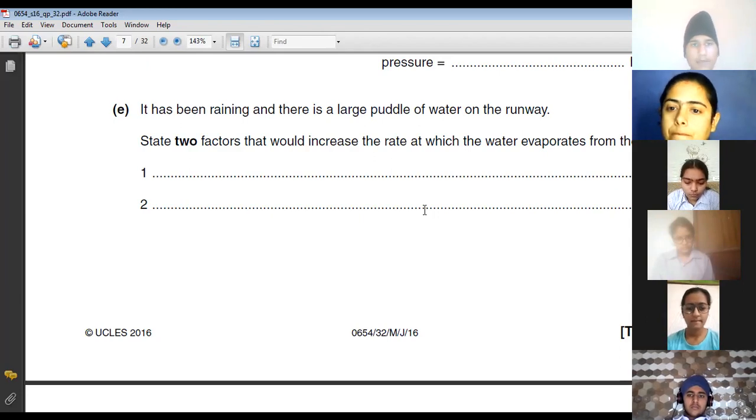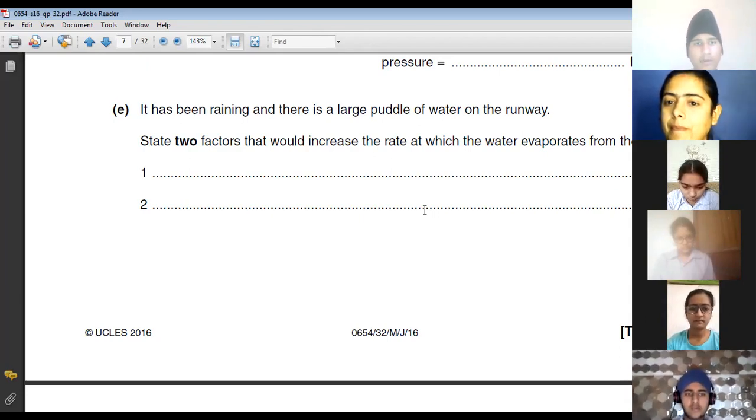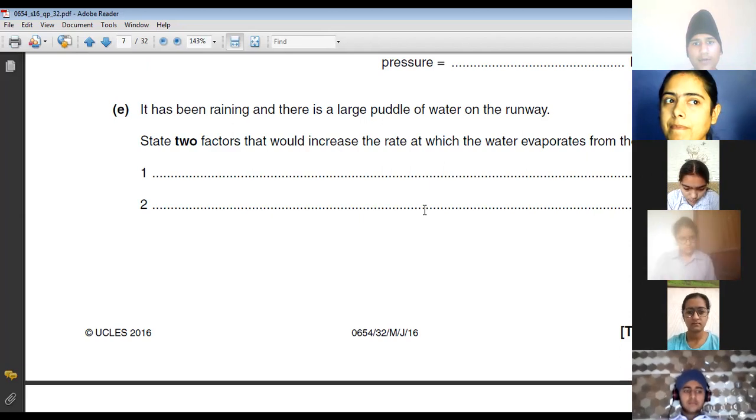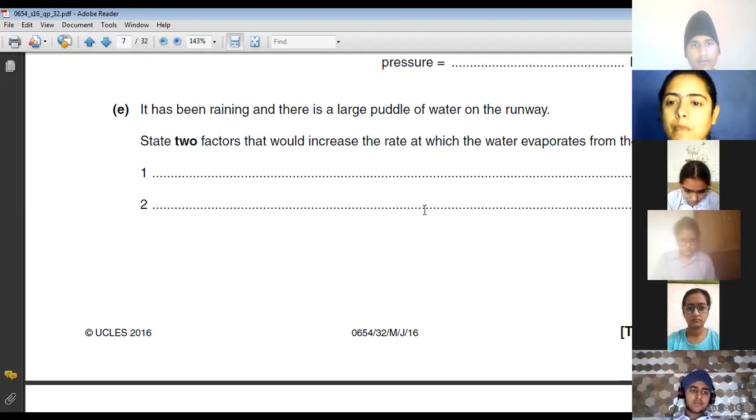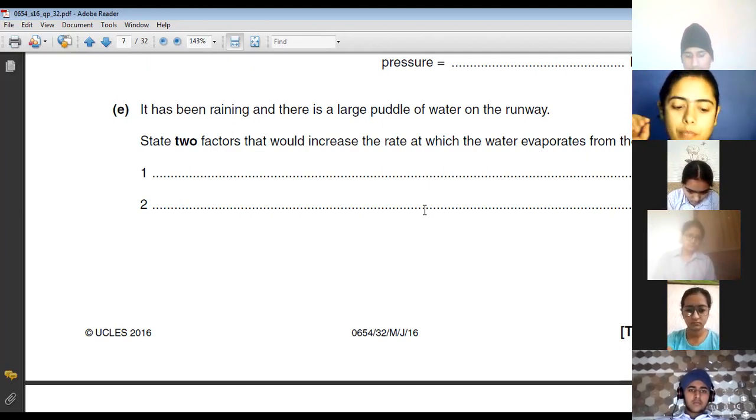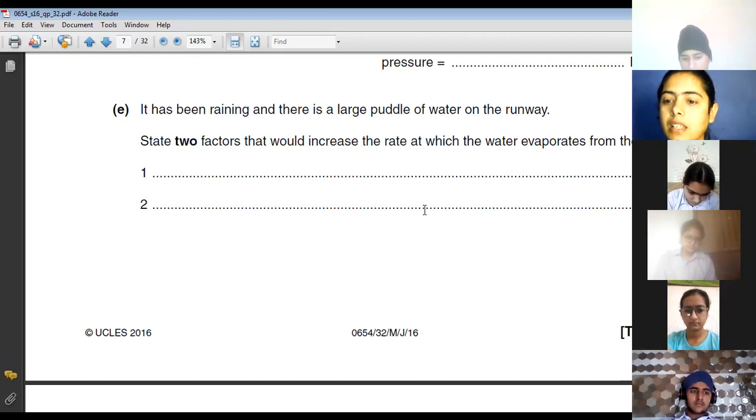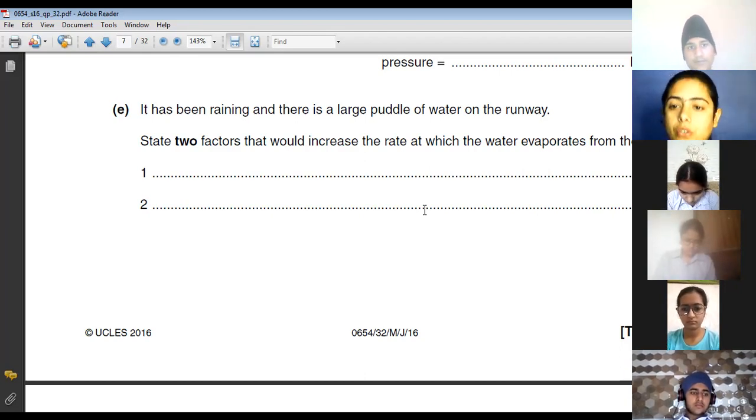Ma'am, if wind, like ma'am, there is a temperature from where it will evaporate. If the volume is more, ma'am, maybe it can take time to gain the temperature. Humidity. Okay, so that comes, and yes, temperature only. Okay. Humidity can be a factor. Like if the atmospheric conditions are such that there is a lot of humidity already there, so it takes time. Yes, the lower the humidity level, the fewer water vapors in the atmosphere, the more the chances of evaporation.